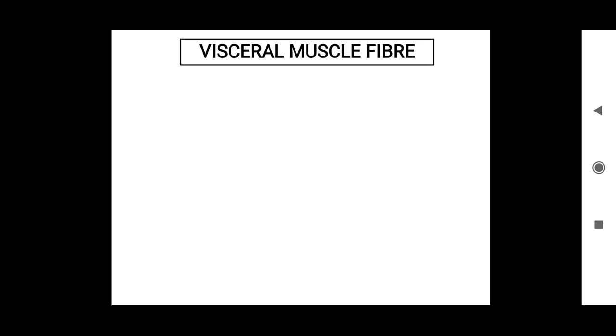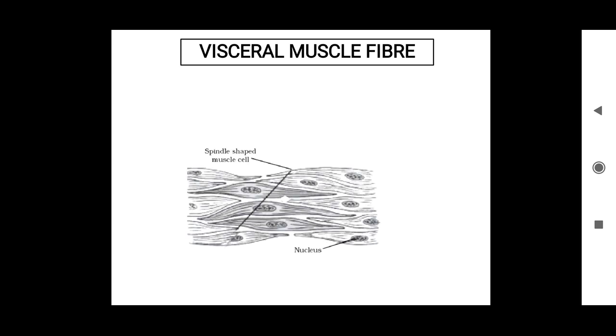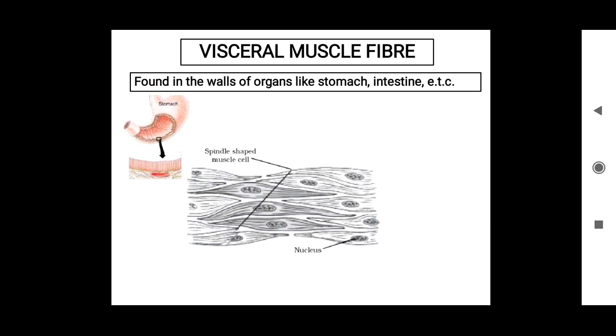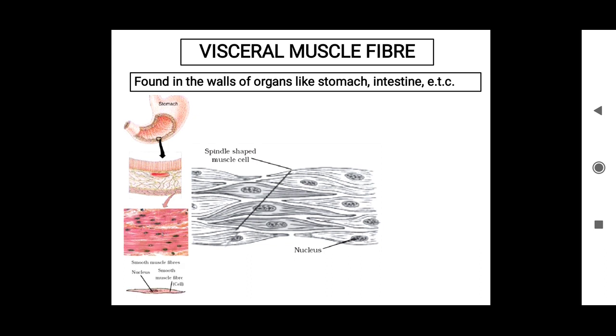very clearly. Going on to the second type of muscle fiber, that is the visceral muscle fiber. They are found in the walls of organs like stomach and intestine. Here you can see a picture of the stomach wall showing you the visceral muscle fiber, and it's a smooth muscle fiber